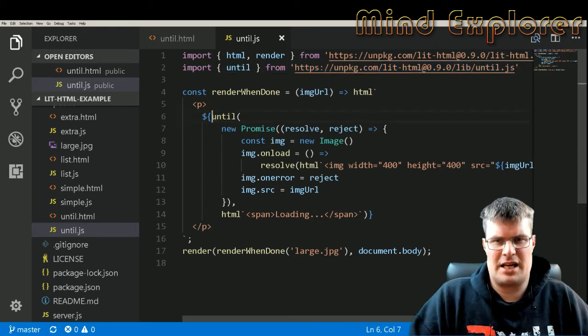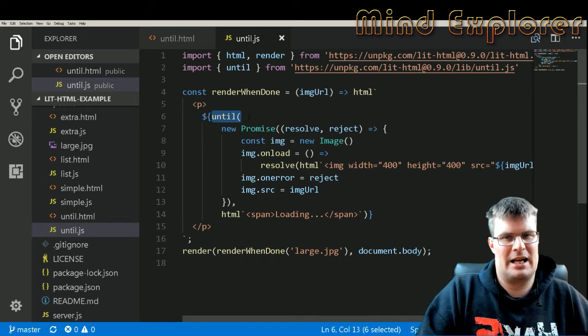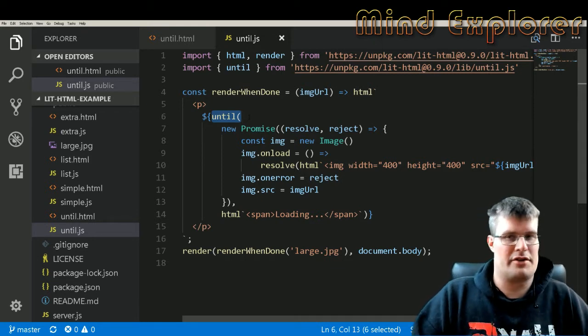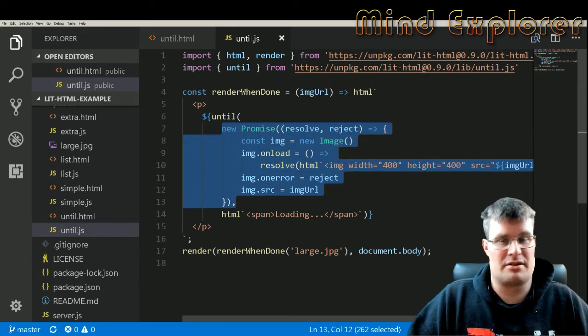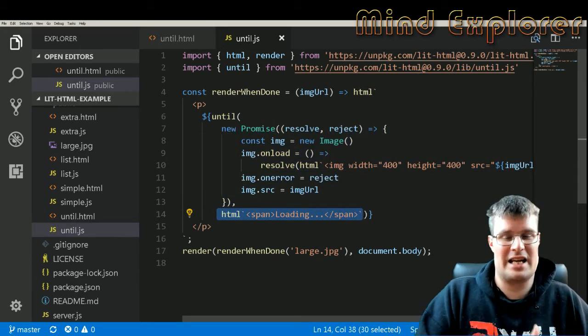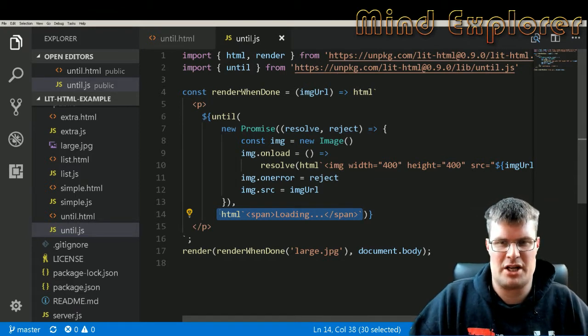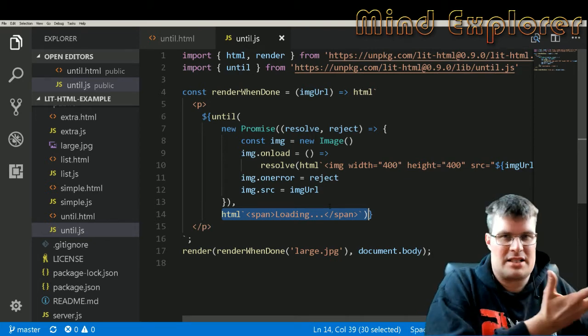And this until function will do something until a promise is resolved. So you take until, and the first parameter is a promise, and then you have what you should do until that promise is resolved. In my case, I have my HTML tag here with a span of loading, so it will say loading until it's